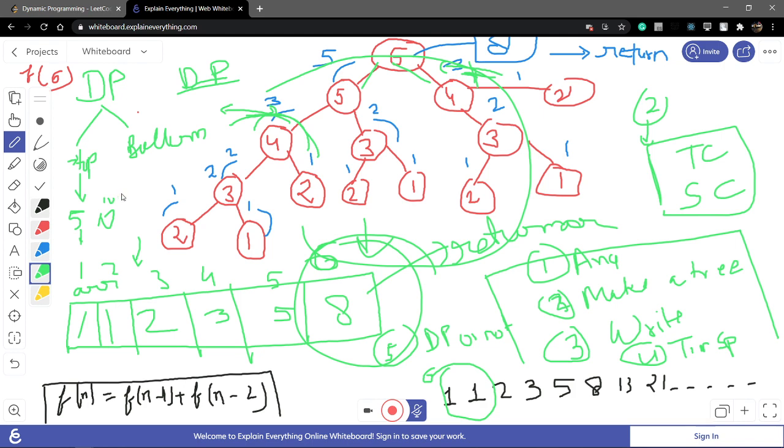After 10 questions, you can go directly to a bottom up approach, without needing to make the tree first. After completion you also discuss the time complexity and space complexity of the dp code. This is proper practice on dp.